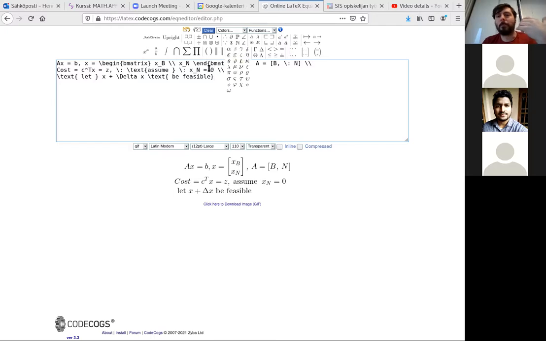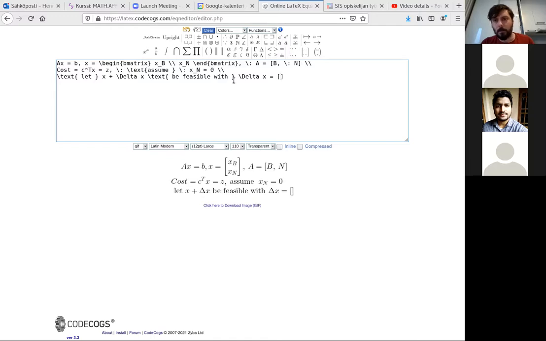Now, if we look at what happens here, I'm going to write it like this. So we have here the delta xb, and then we have